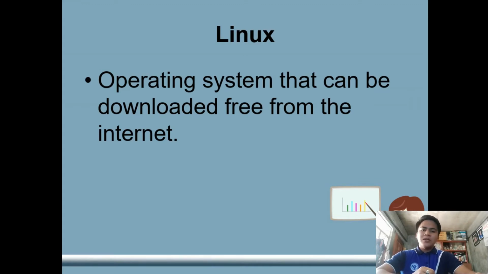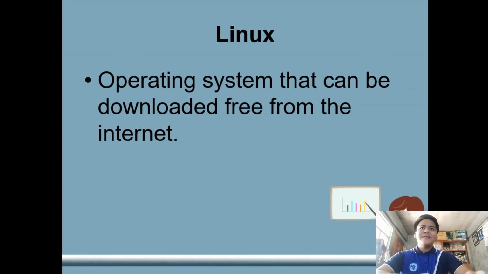And once you install it into your computer, meron na po siyang mga free application, free antivirus, free productivity tool. Lahat po ng i-install natin sa Linux is free. Kaya nga yung productivity tool ng Linux ay tinatawag na LibreWord, LibreSpreadsheet, LibrePublisher. Ganun po yung mga pangalan ng ating application sa ating Linux.